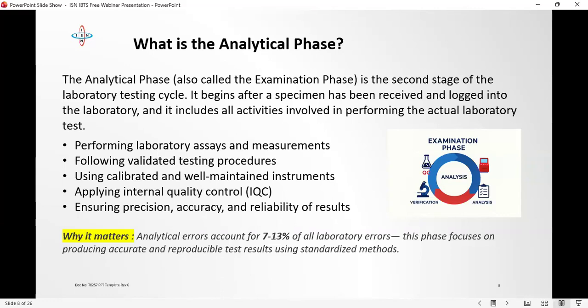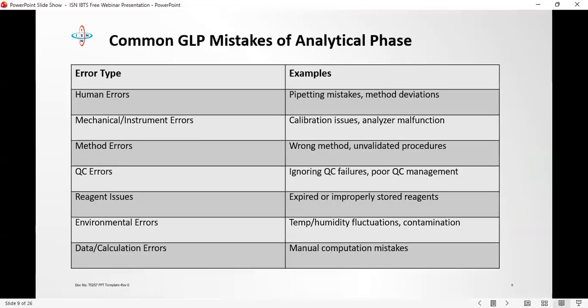So for some facilities, you see that their onboard stability has elapsed, but they are still making use of that reagent. Oh, we're trying to cut costs. We don't want to waste our reagents. But that is going to pose a great risk for your facility, because good laboratory practice is not just about checking expiry dates, it's about understanding reagent behavior. So you want to make sure that your reagents are behaving appropriately, the way they are supposed to behave.